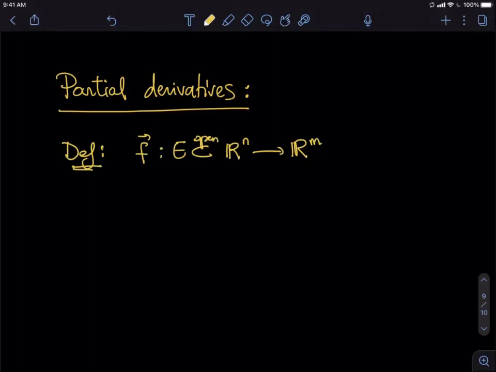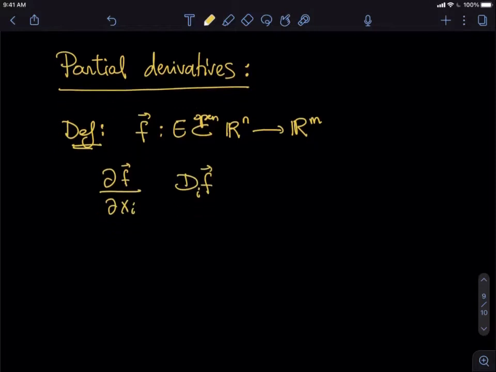And we will denote partial f with respect to xi or Di f. Okay, this is the notation, and the way it is defined at a given point, let's say the point x. Okay, these are both notations, the classical and the modern. The way it is defined